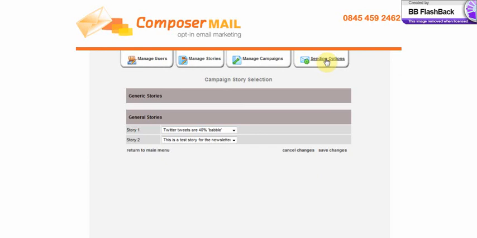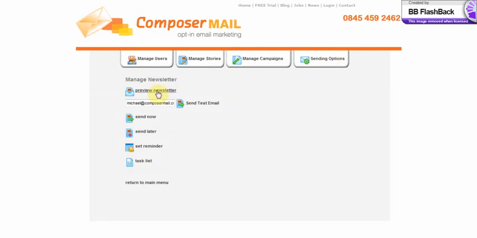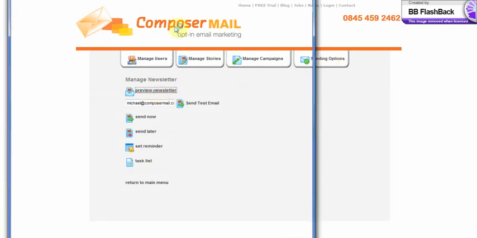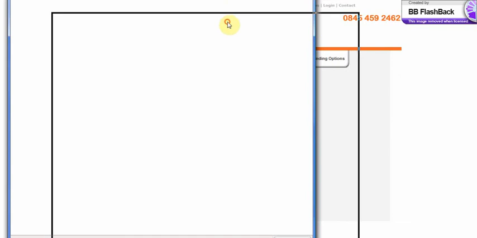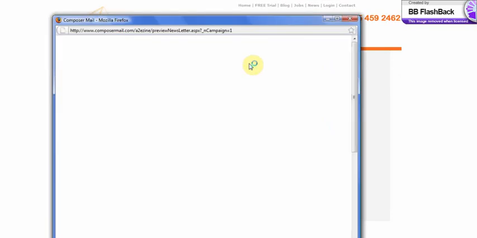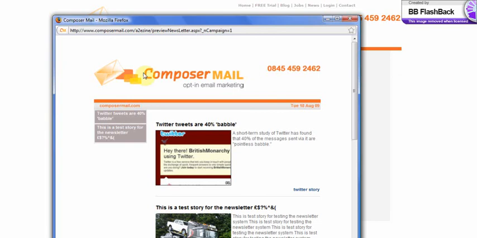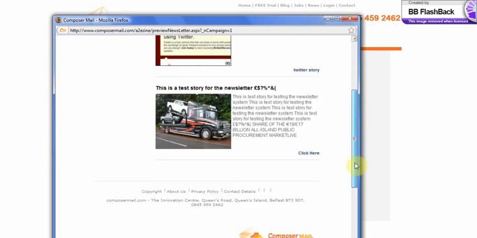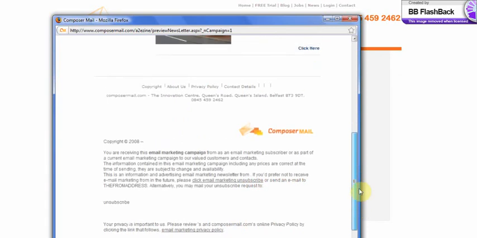So now we're actually going to look at a preview of the newsletter, and we do that by clicking on the sending options. And you'll see here if we click preview newsletter, you can actually preview what this newsletter is going to look like. You can see again this is branded for composermail, but this would be your company's branding in there. You can see the image has appeared, the title. Again, we would work on the design so that you're happy with it. If we scroll down, we see other images, disclaimers, links,